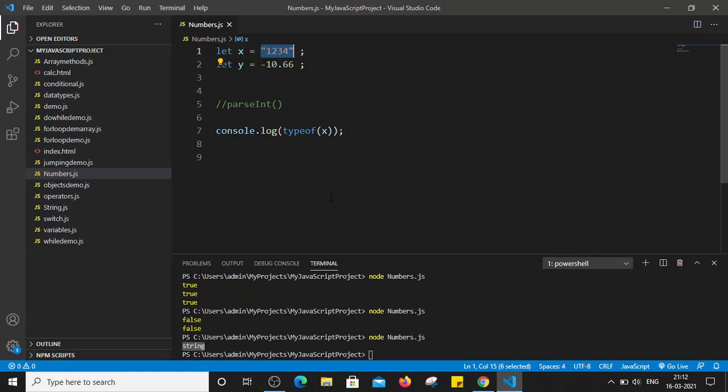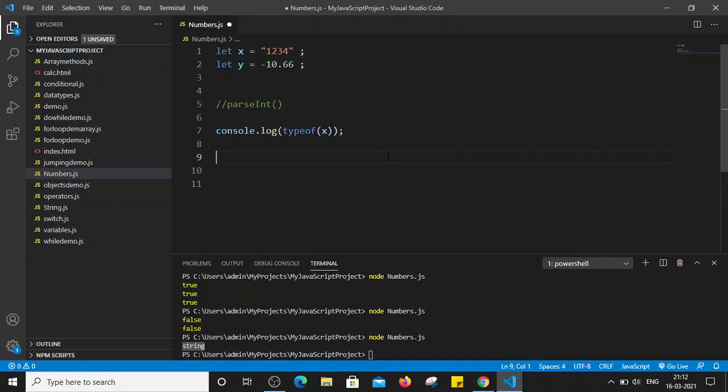And sometimes we have to convert this string format to some integer, right? To perform some numeric operation, we have to convert this format into an integer. So we have to convert this value of x into some integer or numeric value. To do that, we have to use the parseInt method. So now I'm just going to use the parseInt method. How can we do that?